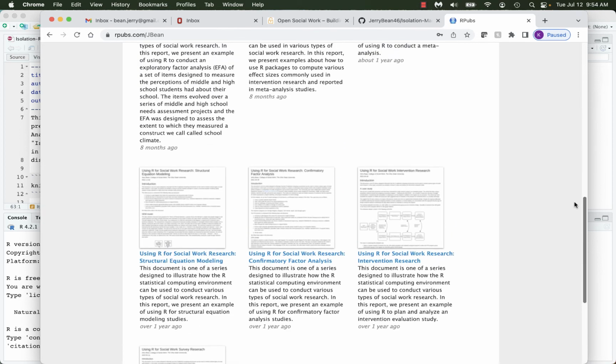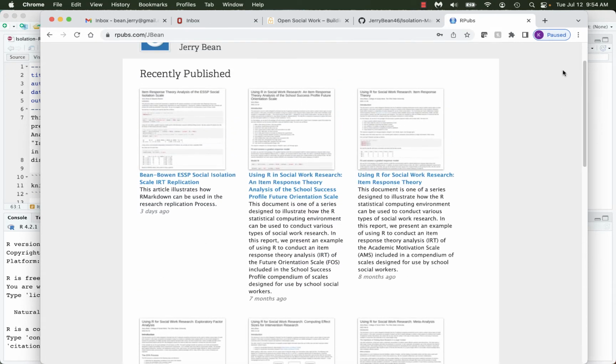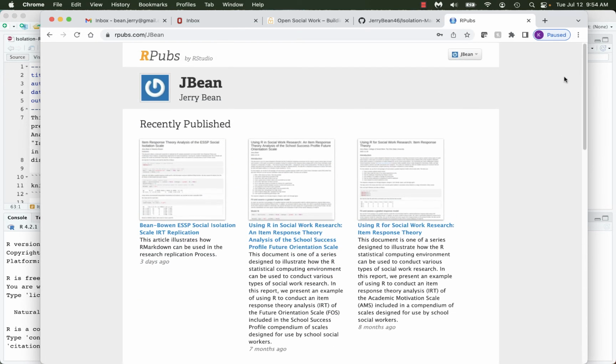I guess there are 9 or so. I can't really tell. Maybe a little bit more, maybe a little less. Anyway, those are all documents that I created using RStudio R Markdown. If that is helpful, you can just follow this link, our pubs to JBean, and look those over. They're actually, if I might say, I would humbly say they're really pretty good.